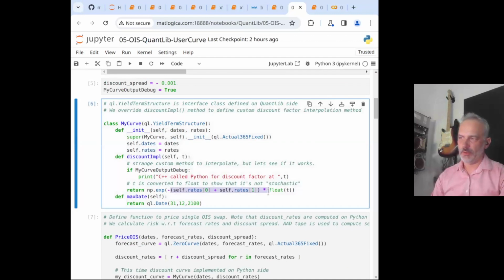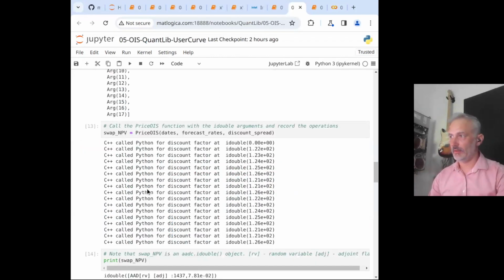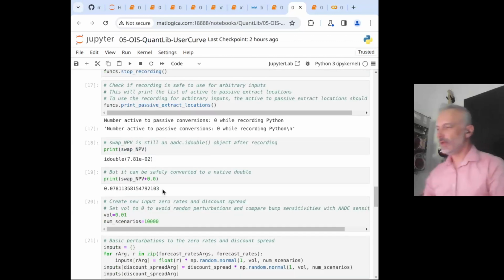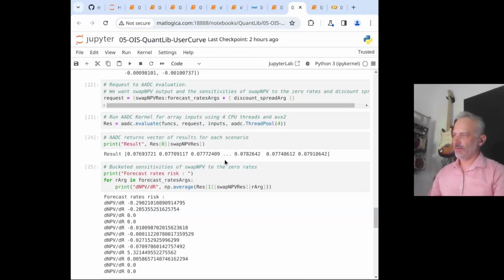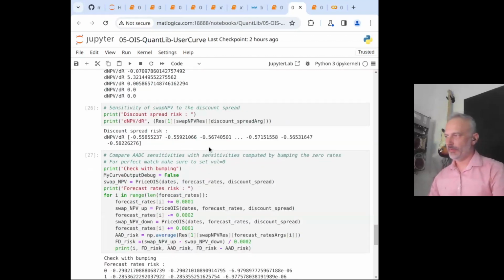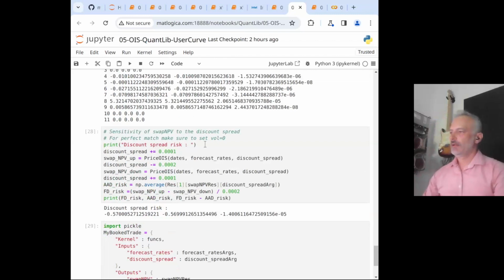Because our interpolation method uses these first two rates for some reason. But you can define more sophisticated interpolation methods here if you want. So I found this quite interesting. This is something you may want to use in practice, and how you interface with your Quant libraries.